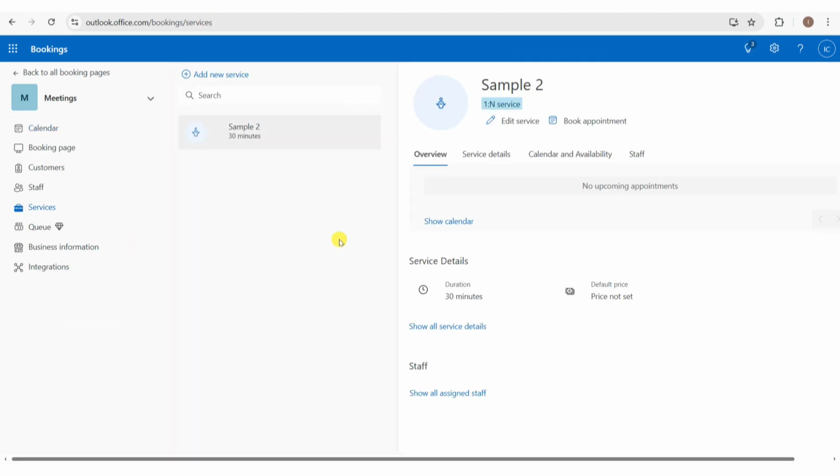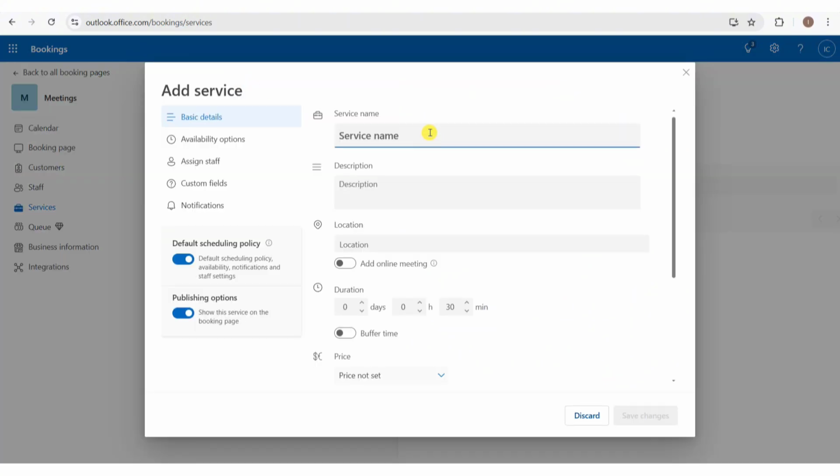And then on the services tab, go ahead and click on this add a new service button at the top left and then name the service as your preferred naming for this. For example, I want this to be named as group meeting. So I'll simply name it as group meeting